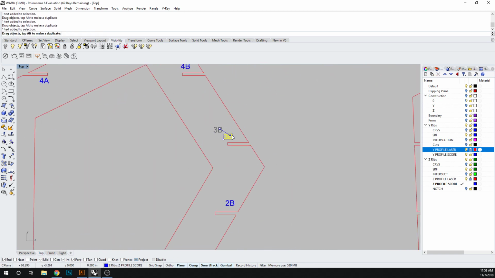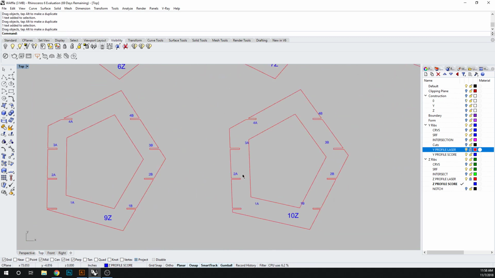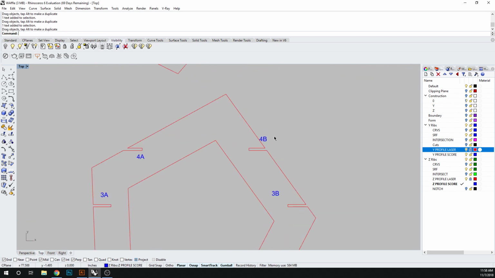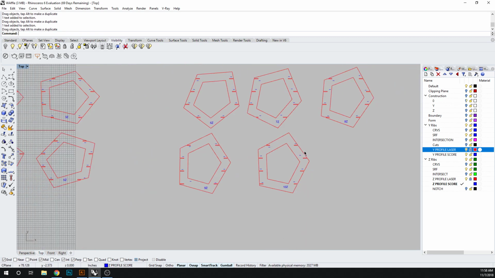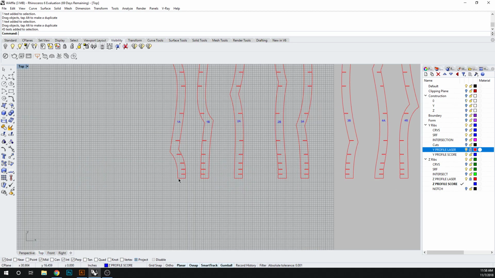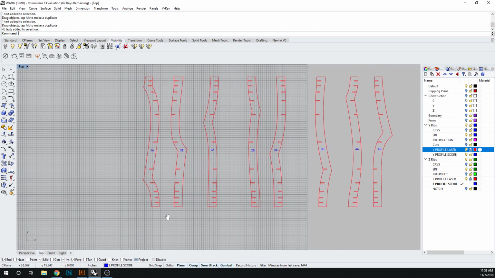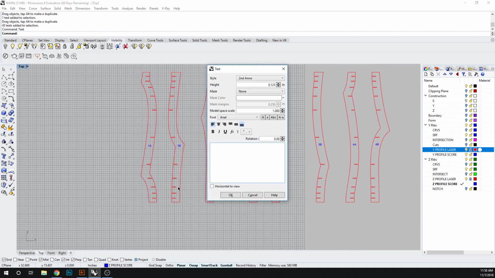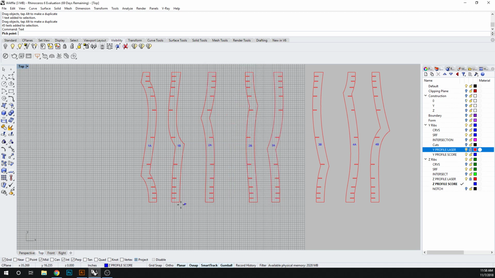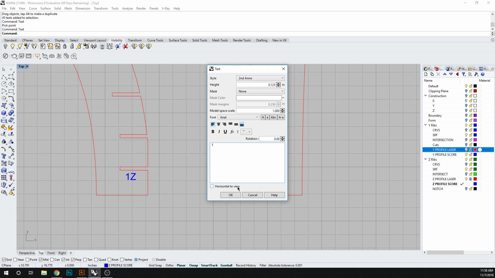And the more complex your form is, the more necessary it is to have clear annotations to aid your model building. So now that we have these set, let's go up and make sure that we have our Z ribs annotated into our Ys. So we're going to use the same idea. So we're going to say 1Z here, 1Z,